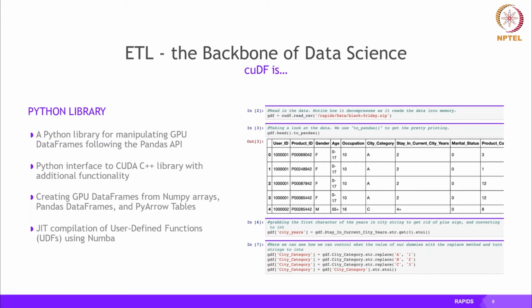It's a Python library for manipulating GPU data frames, and it is primarily meant to look very similar to the Pandas API. So the idea is that if a user already has sequential code using Pandas, it becomes very easy for them to shift to this module and import cuDF instead of importing Pandas, and the rest of the APIs should